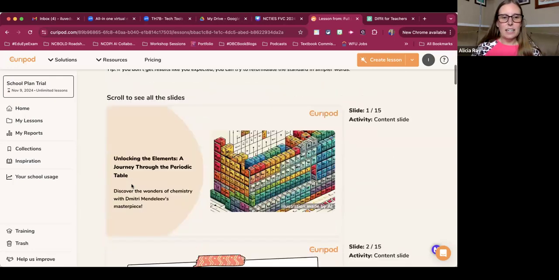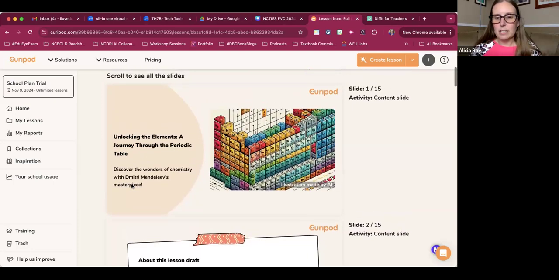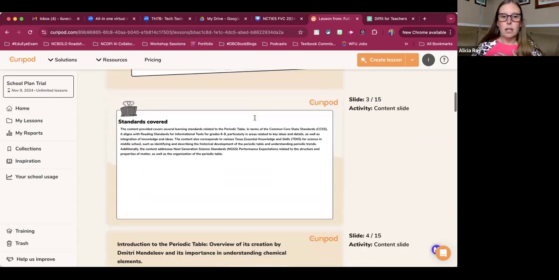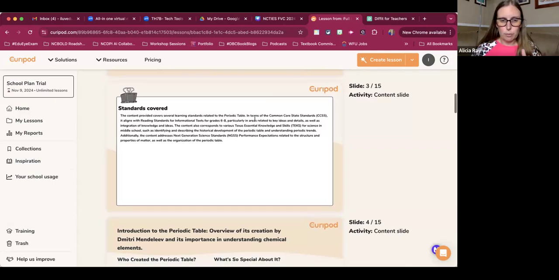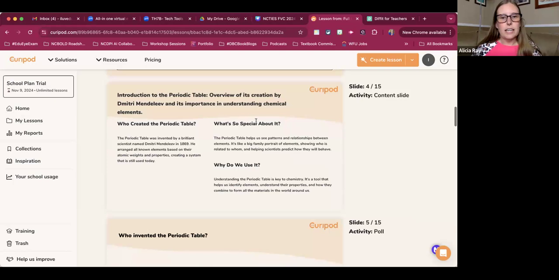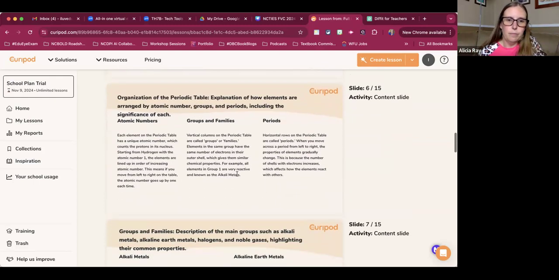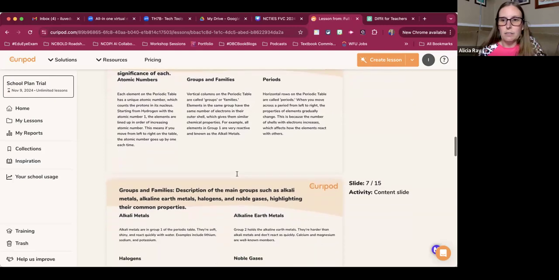So this is a lesson, again, on the periodic table. Now I want you to think about this as a teacher, right? So first we have a content slide. This is our opening slide. We have a content slide for teachers that you can delete. Standards covered, you can delete that. It comes from NGSS. Here is a content slide about the periodic table, followed by a poll, which is really exciting. So now you have those polls and those immediate formative assessments, you have those embedded. But I'm going to tell y'all, how many of your students are going to sit there and read all that? That's pretty text heavy, huh? Not a fan. I'm not a fan.